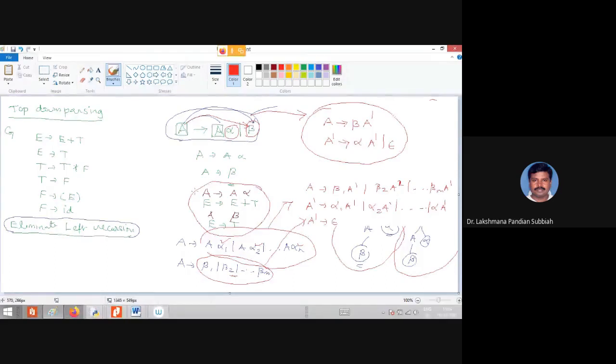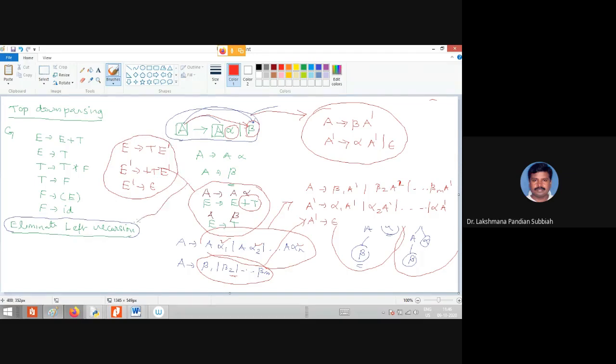So what we are getting now is E derives T E dash, where the beta is T. We are creating another non-terminal E dash, then E dash derives plus T E dash, where alpha is plus T, and then one more E dash derives empty. So this is the case. So now this grammar is converted into that one.